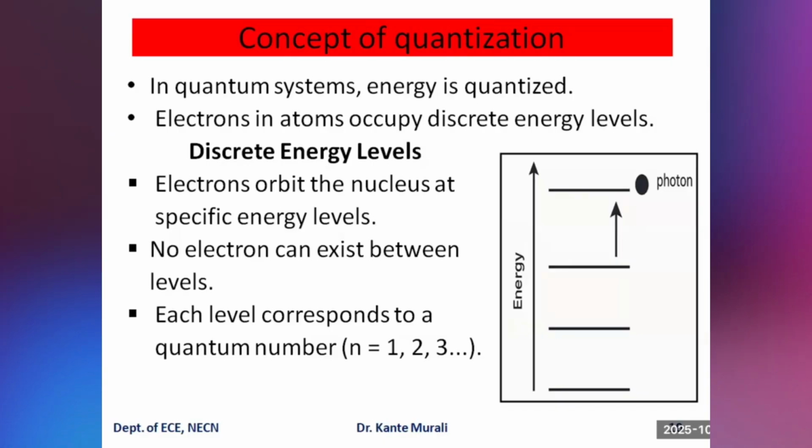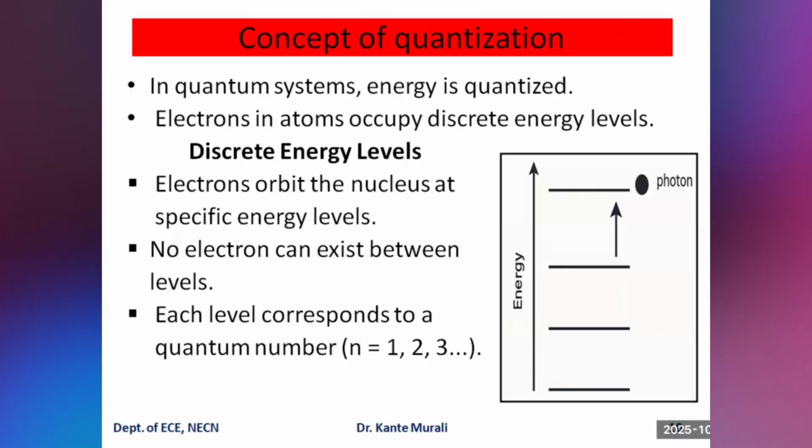In quantum systems, energy comes in discrete levels, meaning it's not a continuous value. For example, in the hydrogen atom the electrons occupy only specific orbits defined by quantum numbers. As we came across in the last slides, E is equal to n squared h squared by 8mL squared, where n is an integer value. The transitions between these levels must produce unique spectral lines. We see that it depends upon the energy, that is E is equal to h nu, based on energy levels, but the frequency and corresponding wavelength will vary.